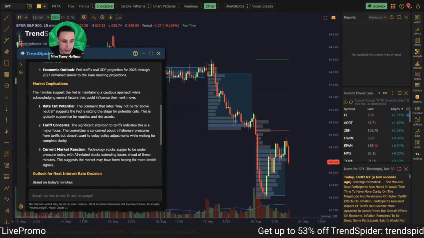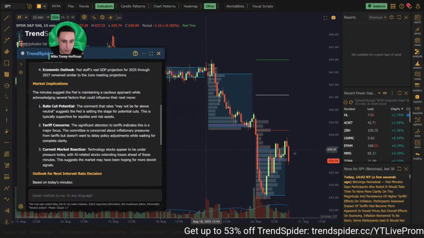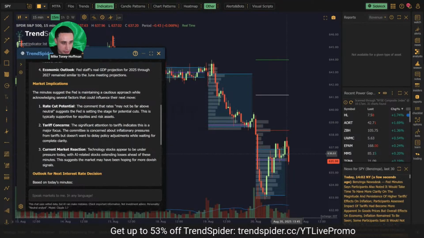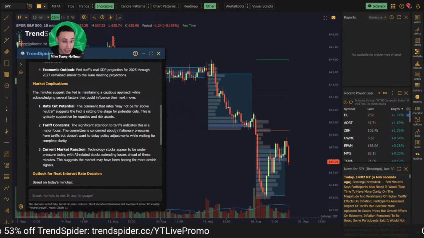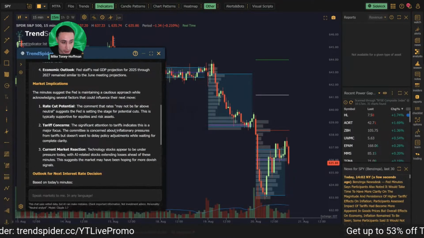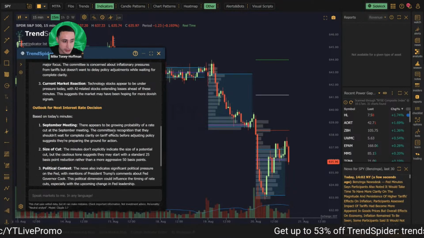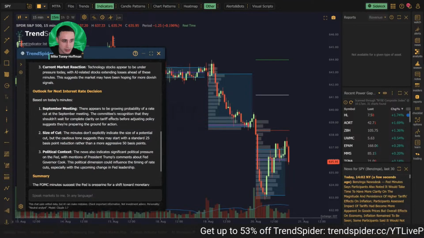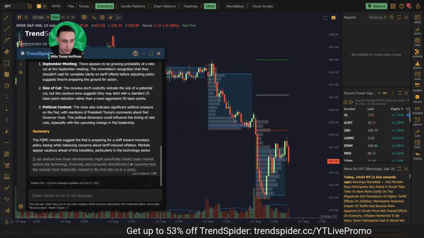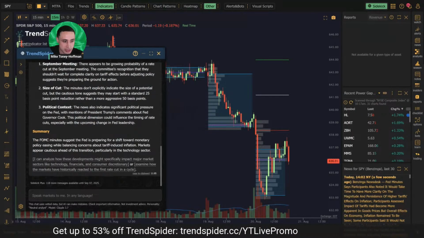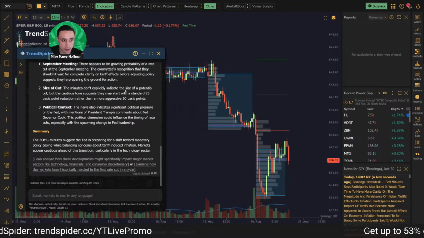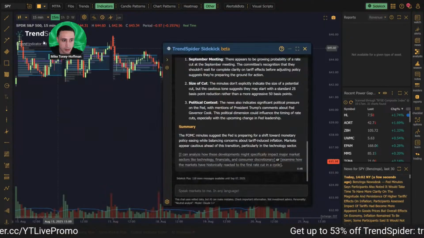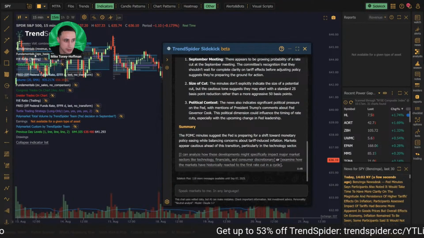And yeah, definitely tech stocks under pressure. As you can see, the SPY itself is just declining. And then they definitely did mention tariff concerns as a major focus. That is definitely true. Pretty good insight here. Let's just read the summary too. The minutes suggest the Fed is preparing for a shift toward monetary easing, which is rate cuts, which is definitely true. Because if we pull up the